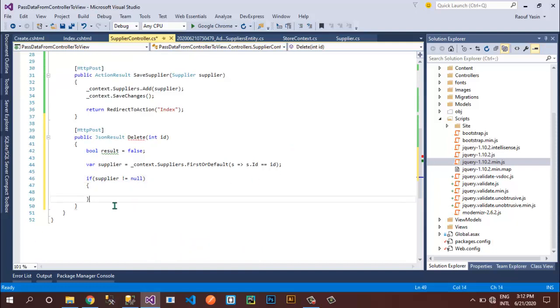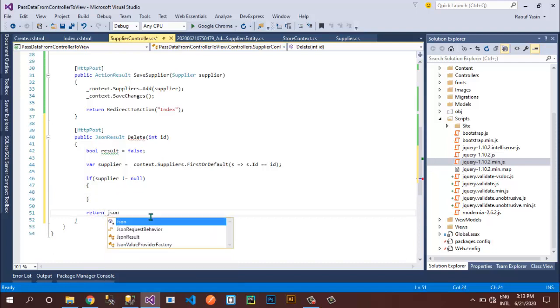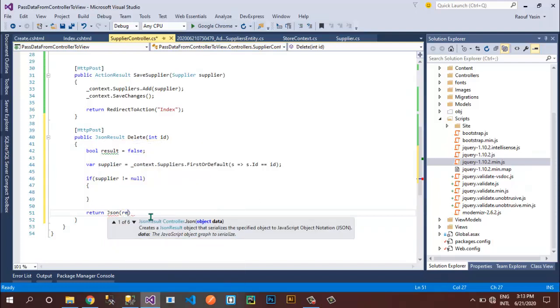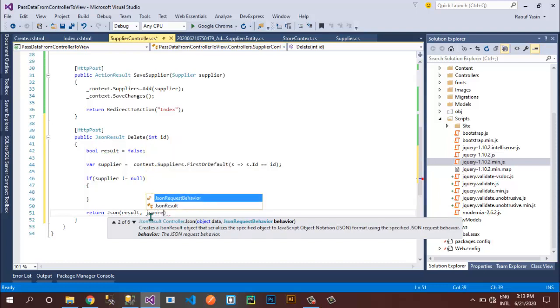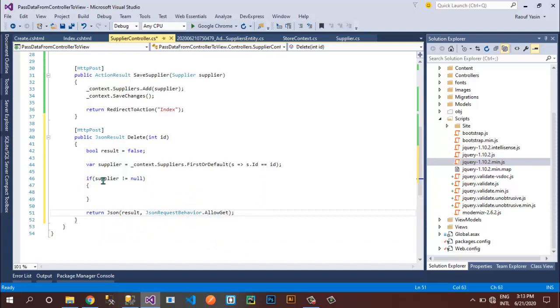Otherwise I'll simply return JSON, and in this I'll pass this result variable and I'll set JSON behavior dot allow get. So if our supplier is null, then this result will be returned as false, and then we can handle at the client side that something went wrong.